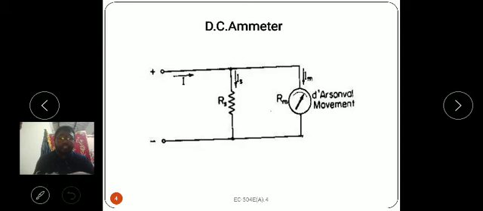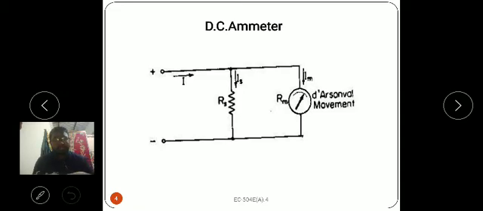Generally, the basic movement of a DC ammeter is a PMMC galvanometer, and the coil winding of the basic movement is small and light. It can carry only very small currents. When large currents are to be measured, it is necessary to bypass the major part of the current through a resistor. The resistor is called a shunt resistor.